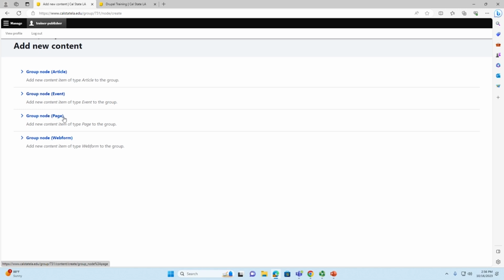And finally we have group node page. This is from where you would create a web page. And then finally we have group node web form. So let's say if you want to create a web form and collect responses, you would click on this and create a web form. And I'm going to go back,